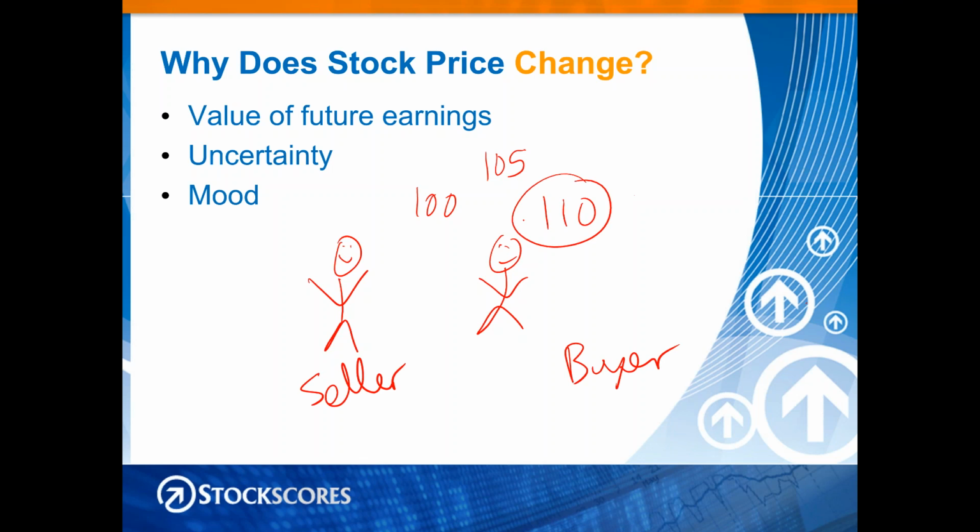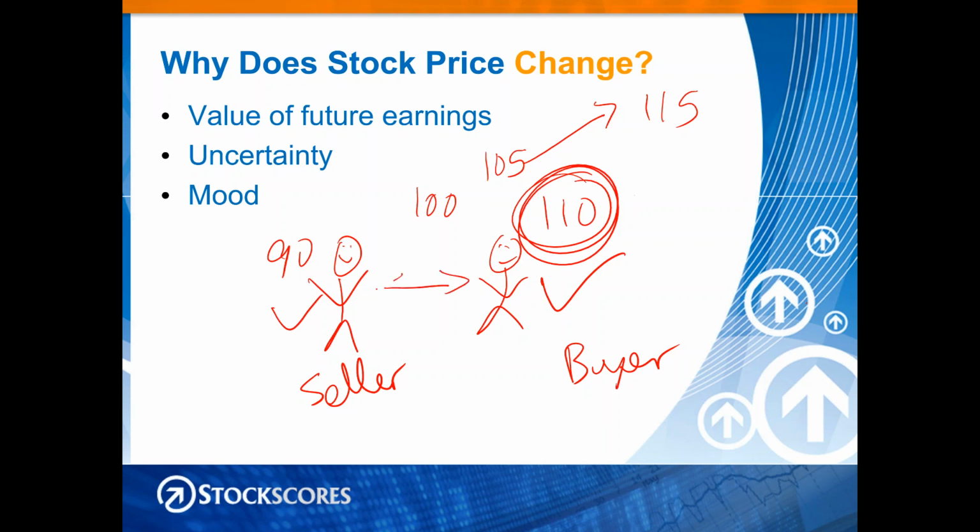Now let's remember that one of us is wrong, and we'll only know in the future based on where the stock price goes. If it goes up to $115, then you were right. You weren't right on the valuation, but you were right on it being undervalued. If it goes down to $90, then it's me that was right. And so every time there is a trade in the stock market, it's really a transaction between a buyer and a seller. And the buyer has one opinion, the seller has another opinion.